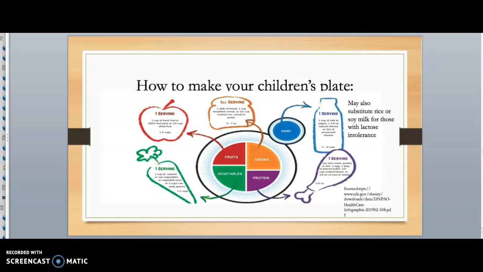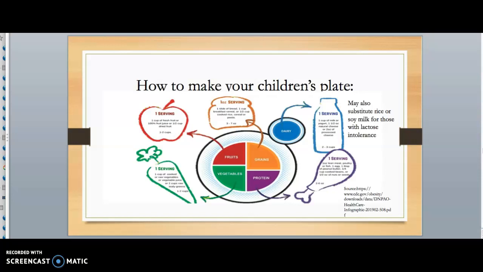So for instance, we have vegetables here at the lower left. 1 serving can be 1 cup of cooked or raw vegetables, or vegetable juice, or 2 cups of raw leafy greens. I think this table does a very great job of showing you how you can use these foods, and what serving sizes to use.